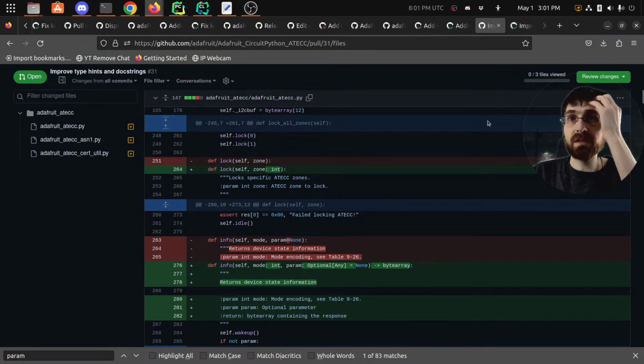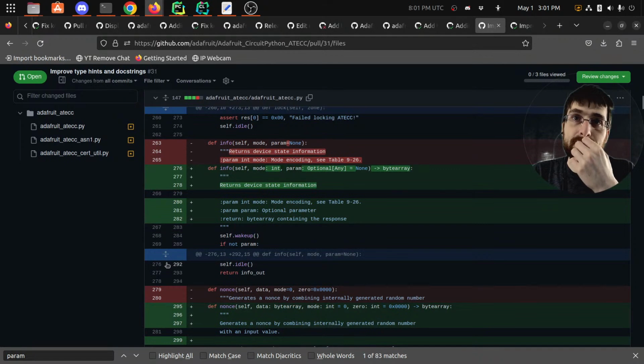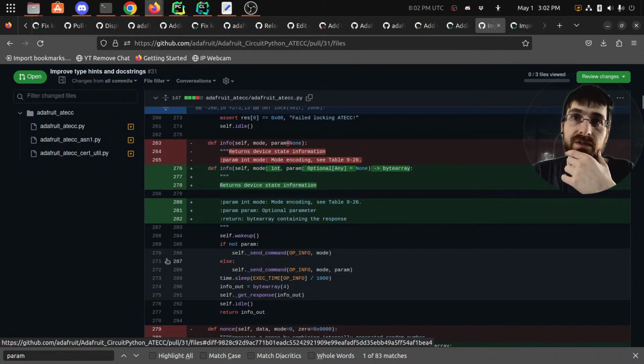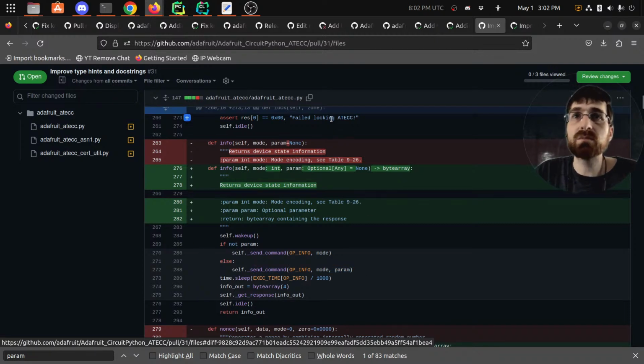Be nice to have something nicer than any, but I think it returns device state. I don't know where the parameter is. It's just called param. It's going to send command, I guess. Maybe param. Might be int. Might be int. I want to say this one was taking ints, but